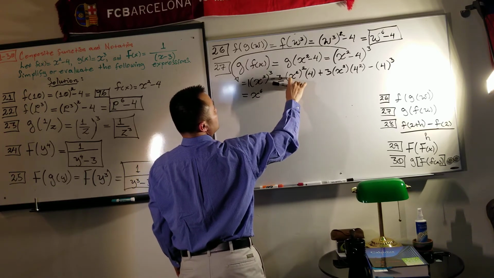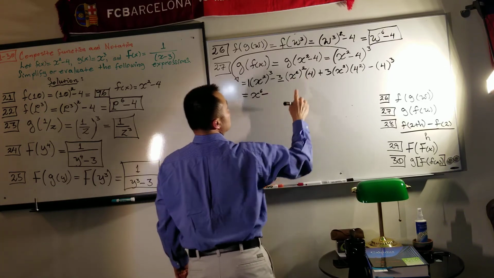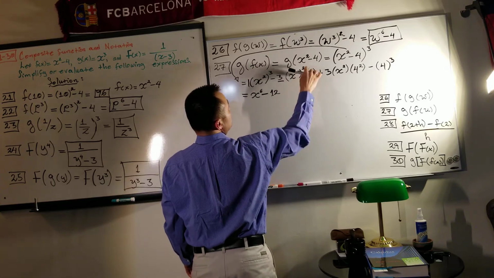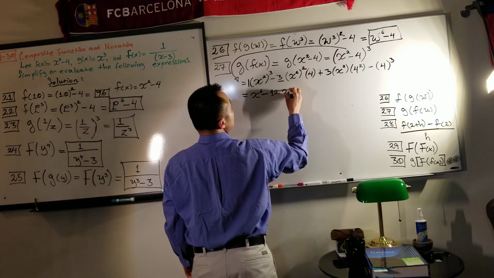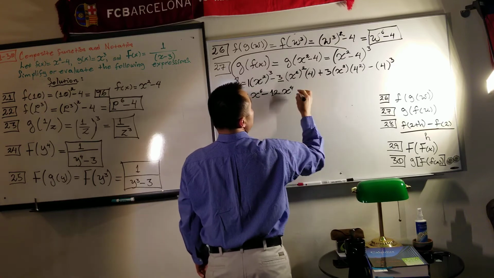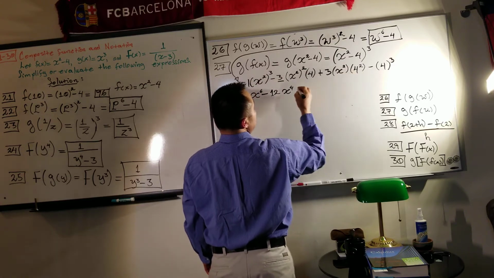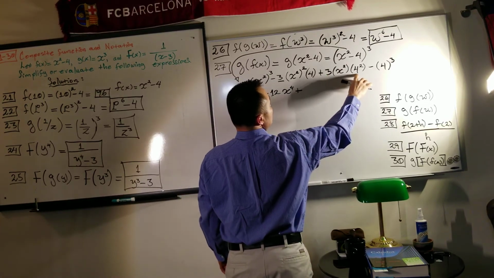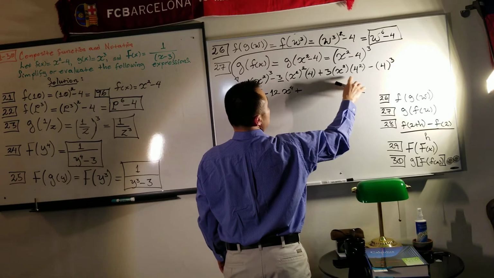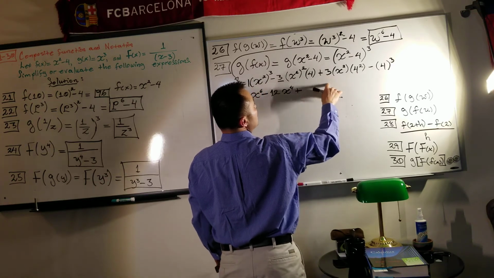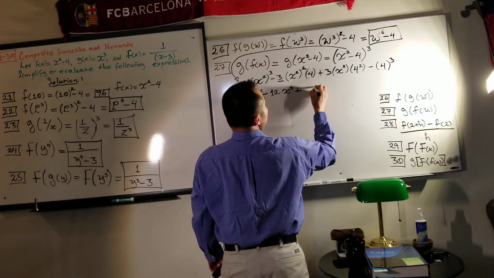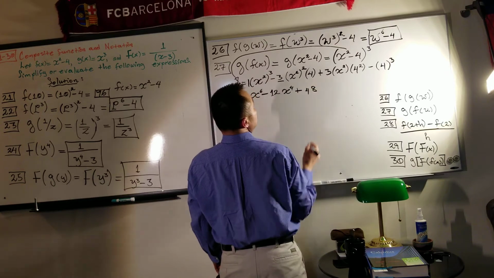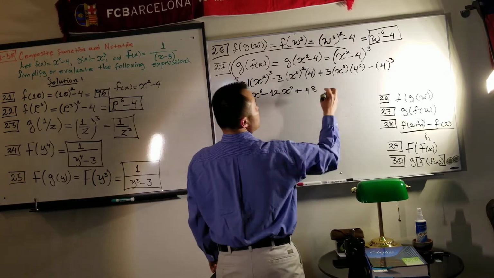minus times plus, that's minus 3 times 4, that is 12. X squared to the power of 2 is x to the 4, plus times plus, that is positive. 4 times 2, that's 16. 16 times 3, that's 48. Right? X squared